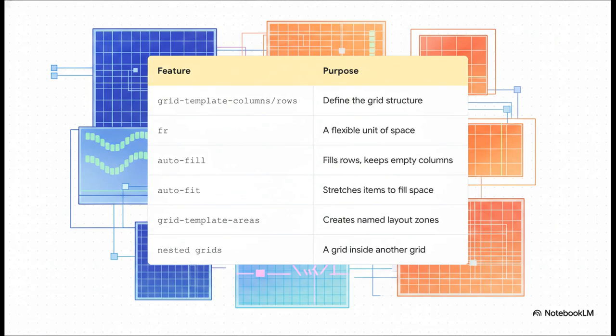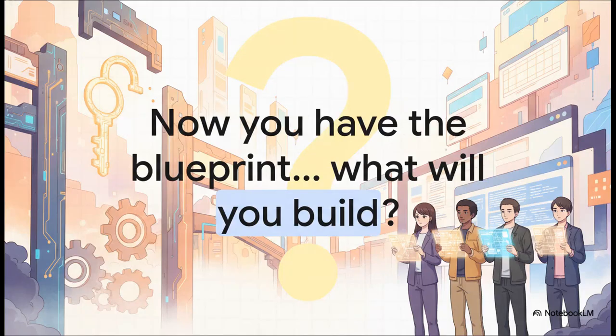So let's do one final rapid recap. We defined our structure with grid-template-columns and rows. We made it responsive with the fr unit. We created dynamic, no media query needed galleries with auto-fit. And we made our code self-documenting with grid-template-areas. These are the core tools you need to build like a modern pro. We've just given you the keys to a much smarter, more powerful way to build for the web. You now have the blueprint for creating layouts that are clean, robust, and beautiful. So the only question